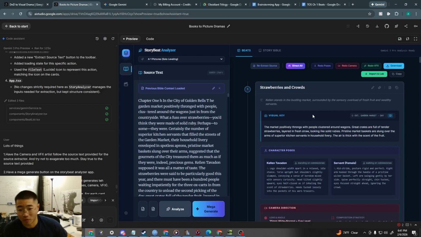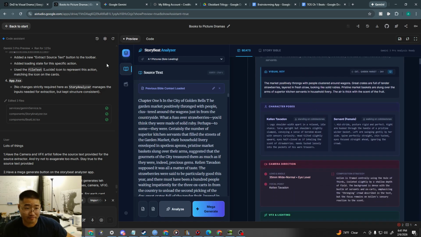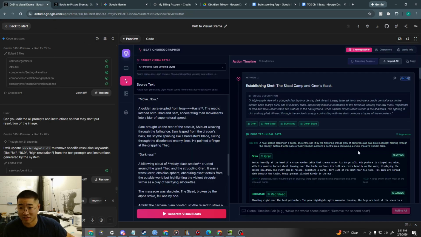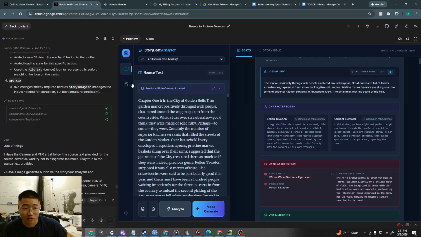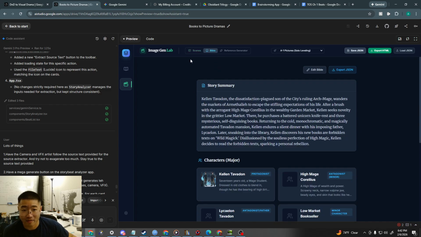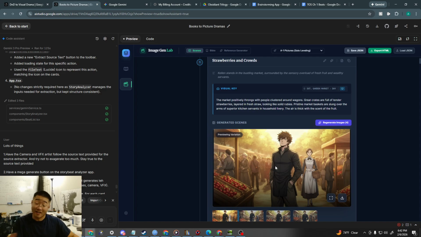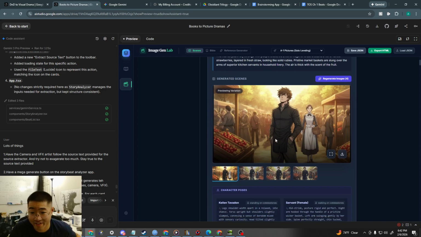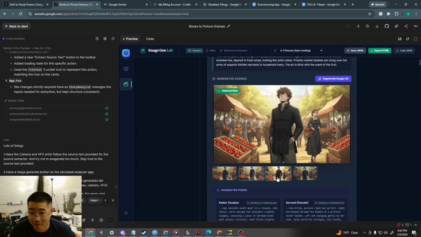But right, let's see what this looks like, or maybe this one's done. No, it's not done. So I import it into this image gen lab, and this one I have some references already plugged in, so it uses my character pretty well. I think this is pretty good. I have it set up to output four at a time.